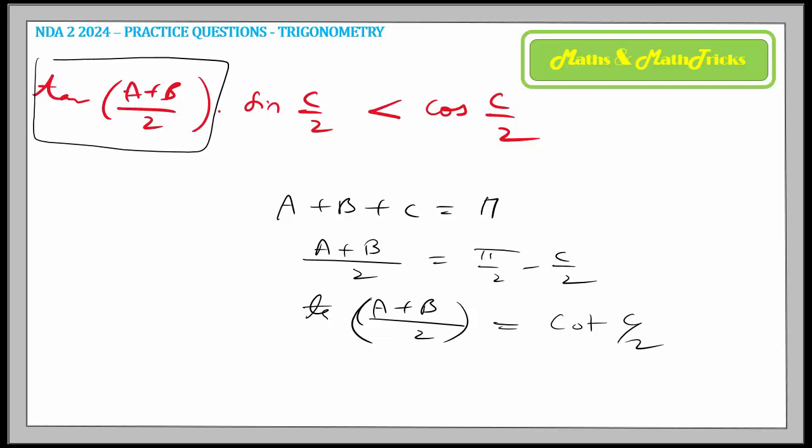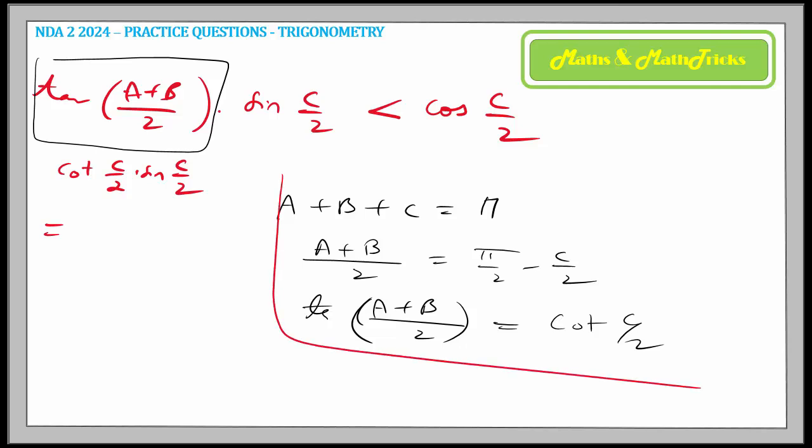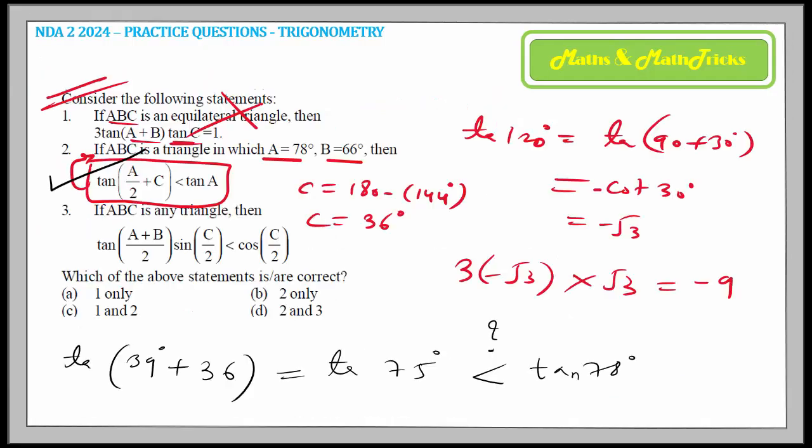Yes. So remember now, it is cot C by 2 into sin C by 2, the LHS. So cot C by 2 is cos C by 2 by sin C by 2. So sin C by 2 is cancelling and you are getting cos C by 2. And they say further, is it less than cos C by 2? How will cos C by 2 be less than cos C by 2? In fact, they are equal. So saying less than is wrong, right? That's why the statement number 3 is wrong. So you got only one statement correct, that is the statement number 2, and hence only B, that is the option is B for this particular question.